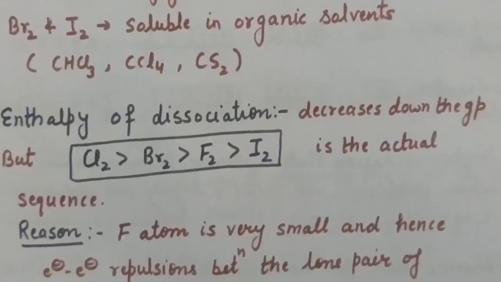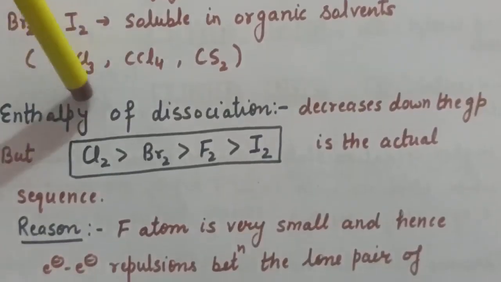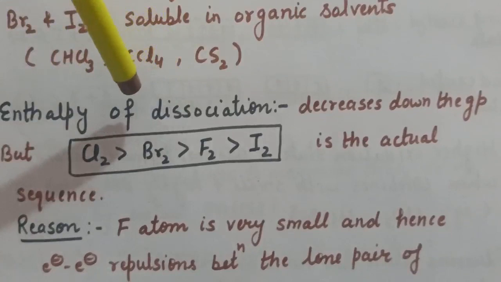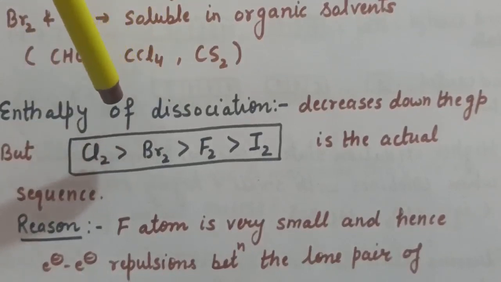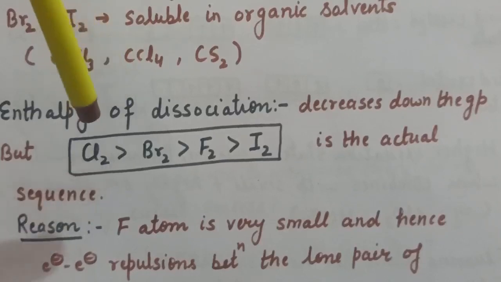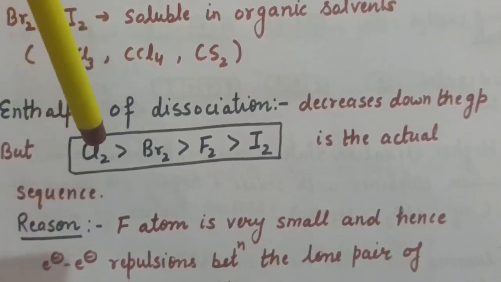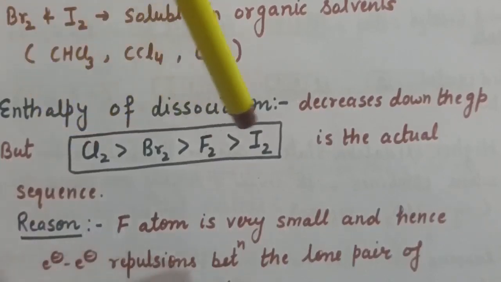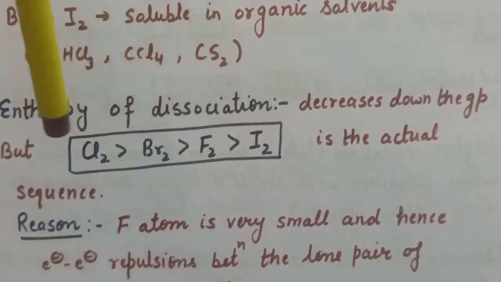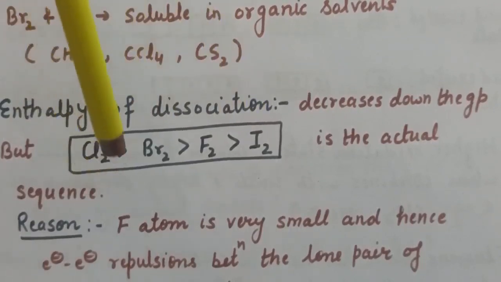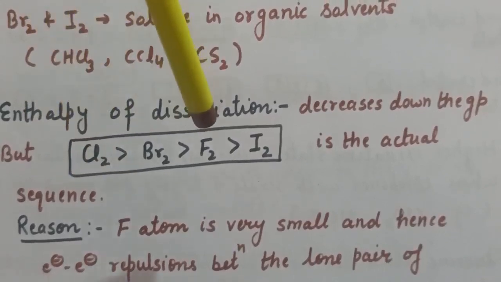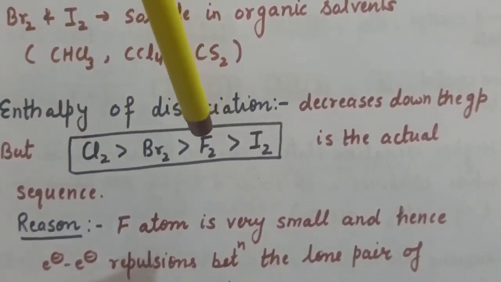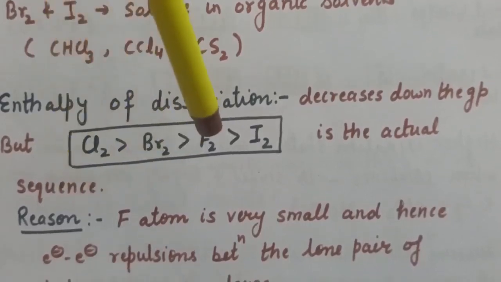Next is enthalpy of dissociation. F2 would be expected to have the highest value of dissociation enthalpy, but the actual order is Cl2 > Br2 > F2 > I2. That is, the value is highest for Cl2, and the reason for the low value of dissociation enthalpy of fluorine is that, being smaller in size,